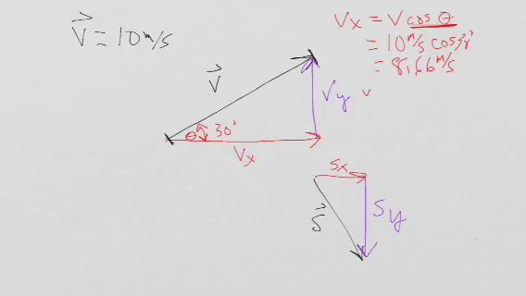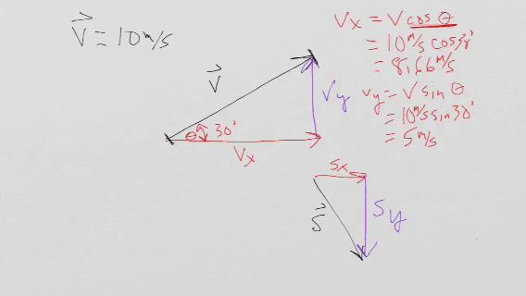Vy is going to be equal to the magnitude of the actual vector times the sine of the angle, which is 10 meters per second times sine 30 degrees. Does this make sense? Yeah? Okay, now,